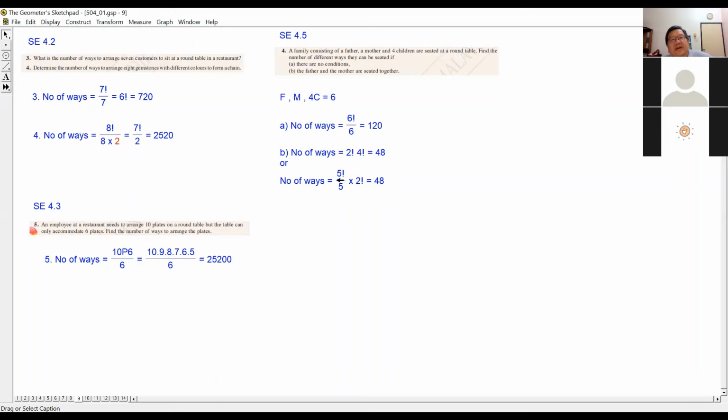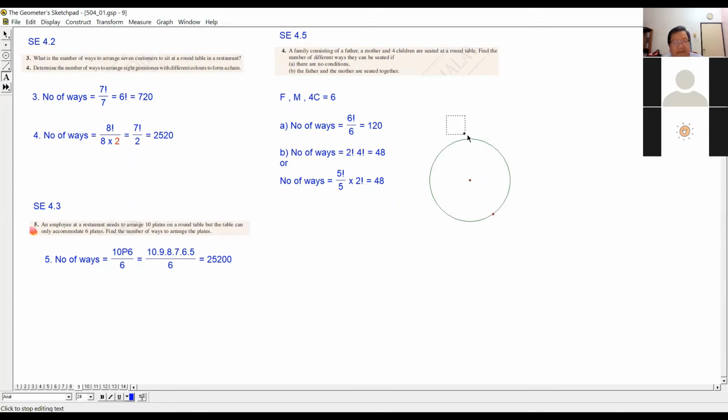Now you consider a round table, right? Round table like this. Then you have here father, then here mother, father and mother. Then around the circle here, the other places around here. Okay. Now the other places there,